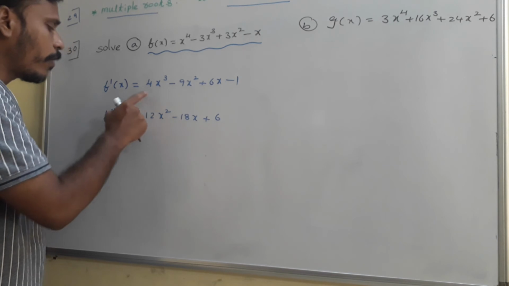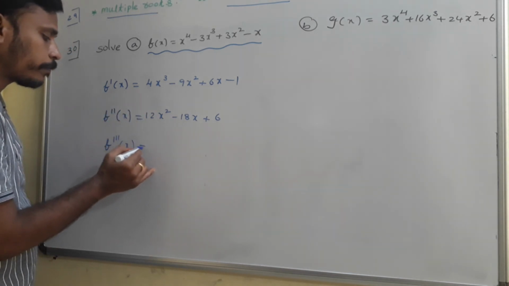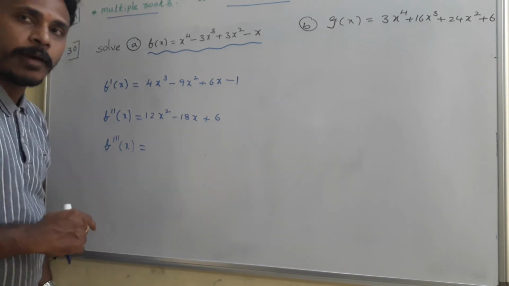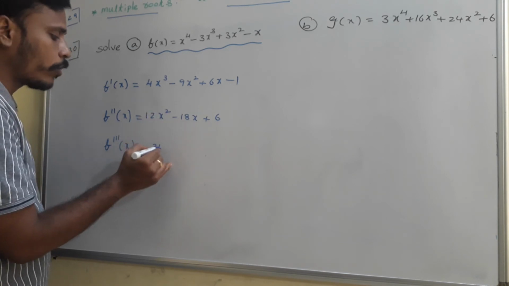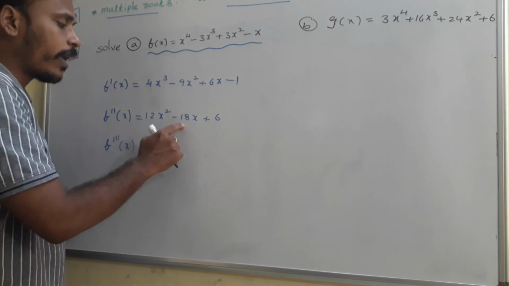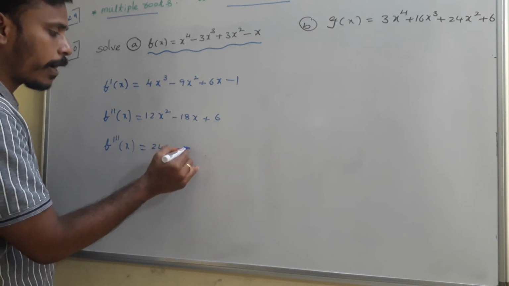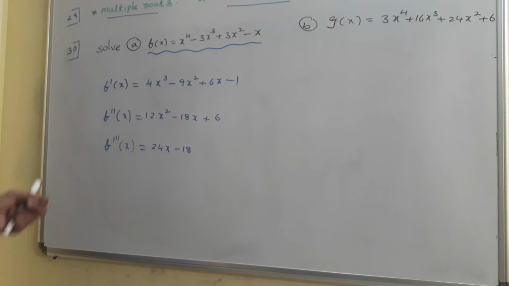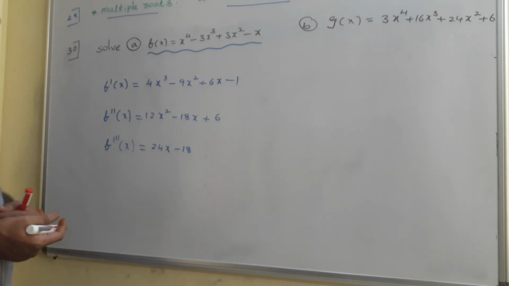So this is the derivative f dash of x, and now try to find f triple dash of x. So you need to find till you reach a linear factor. That's actually my idea. So 12x square, its derivative is what? x square is 2x, so 24x. And for minus 18x, its derivative is minus 18. And for 6, it is 0. Just have a look. So f triple dash of x is equal to 24x minus 18, equal to 0.